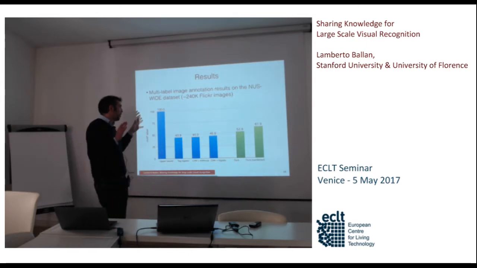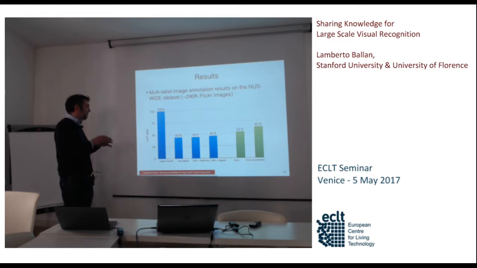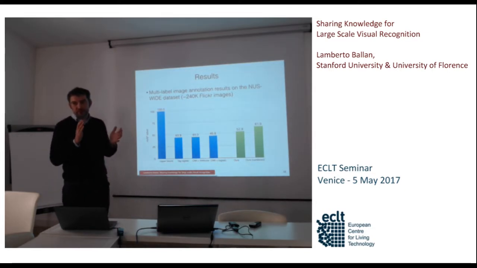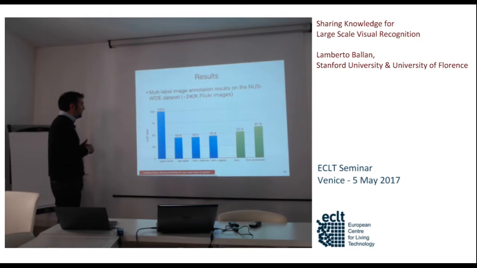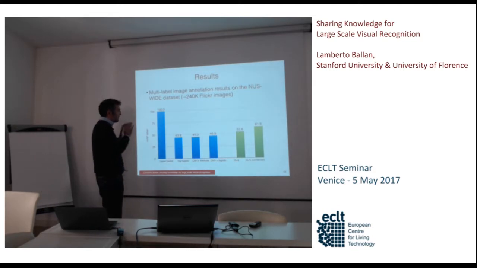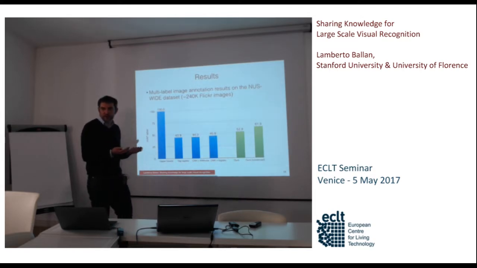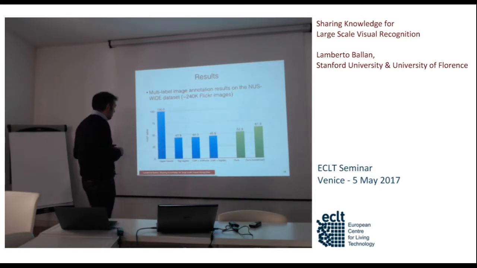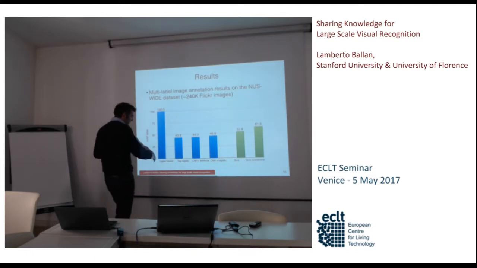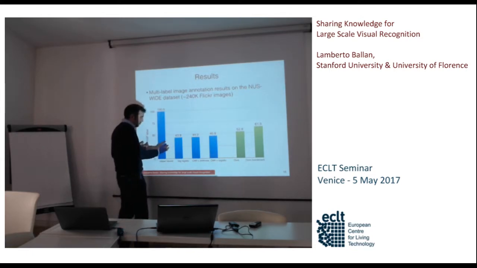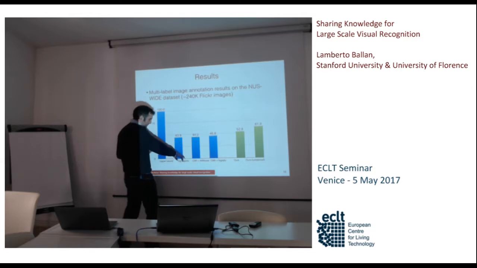It's not a really large-scale dataset, because you have 240,000 images. The interesting thing is that this is collected from Flickr, and you have ground truth for only 81 labels. So the evaluation here is done on these 81 labels because you have the real human annotation. And at this point, the best work before ours